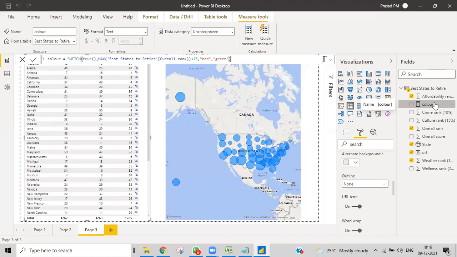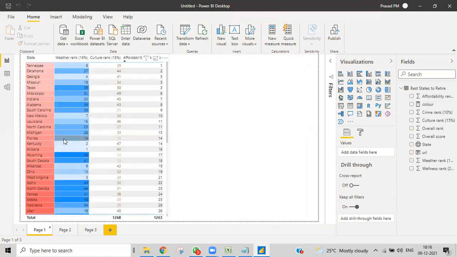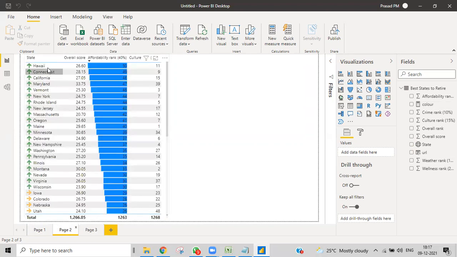So today's task is: I have different states and different tables, different columns. Take all of them in one place, and then you need to show me this kind of thing. A lot of things have been made today: colors, gradients, font color, data bars, and icons. So take one particular big table, and then take everything.